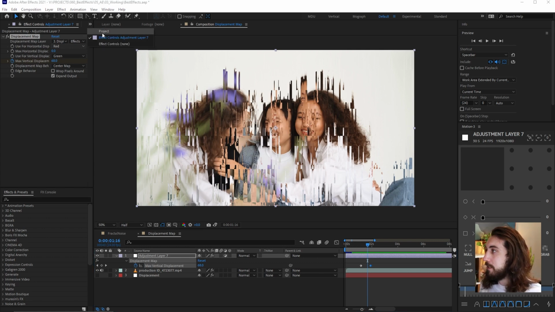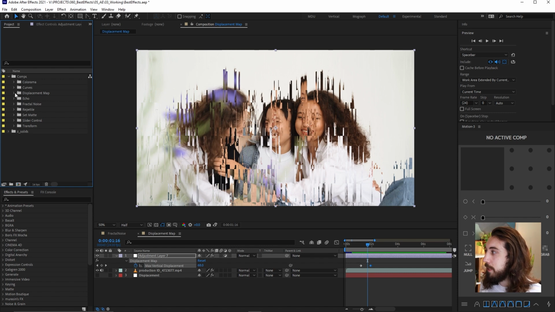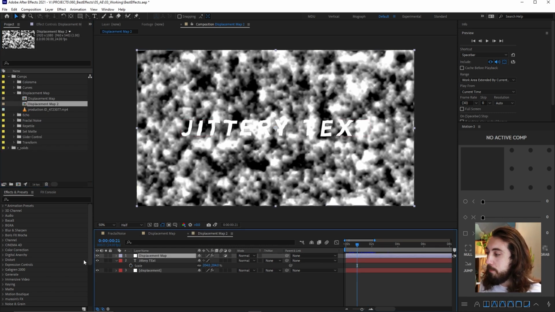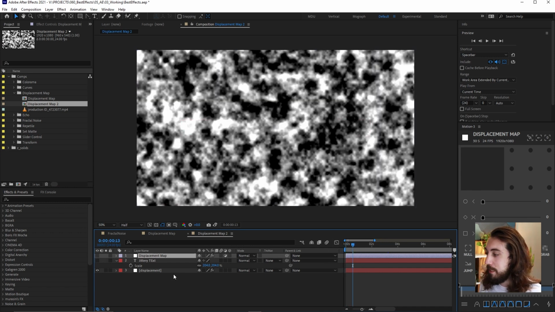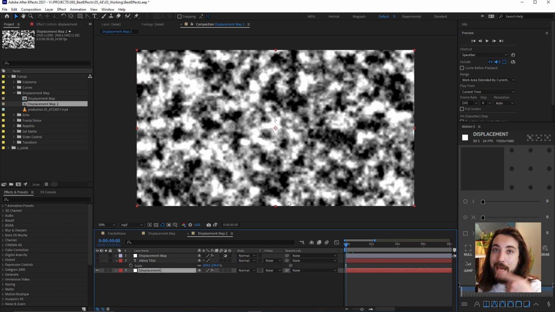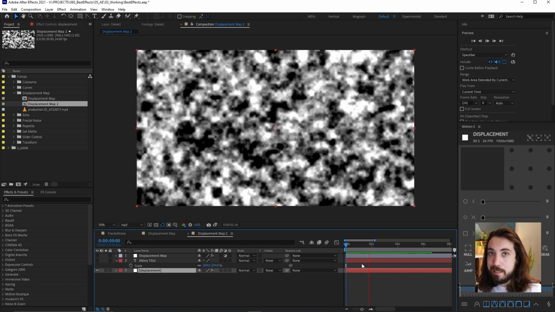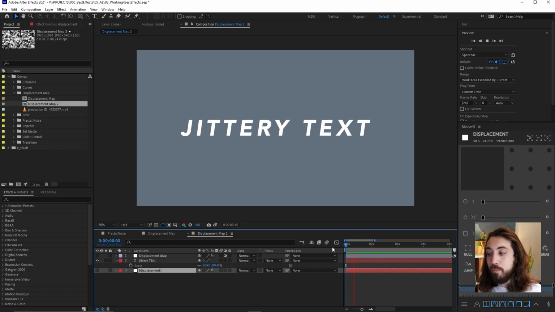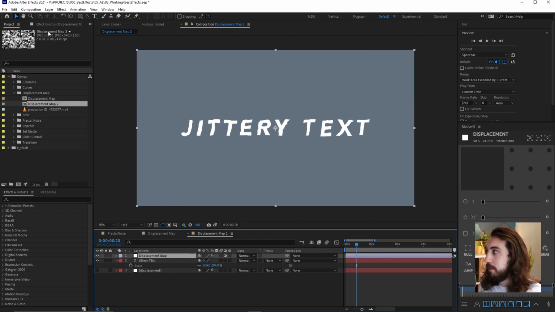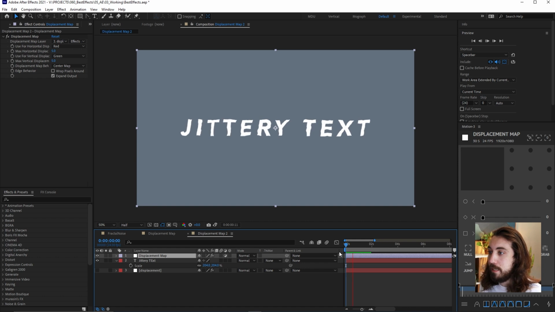So now we could also take this same technique and do something a little less disturbing, okay? And maybe we'll make a kind of jittery text effect that's like this, okay? So what we did was using the same technique before, we just animated that Fractal Noise. So we have something like this that's kind of jittering around, okay? We'll hide that, and now we have text here that we want to jitter, make kind of like a stop motion jittery effect, and then we apply a displacement over top, right, like this, that is now making that jitter around according to that Fractal Noise below it. Get it? Good. All right, next up is